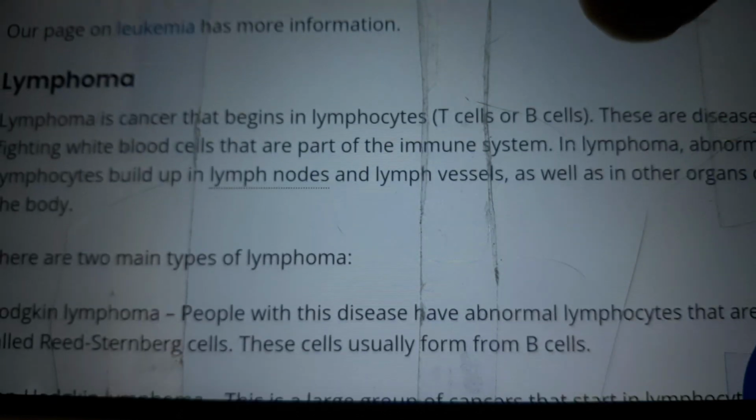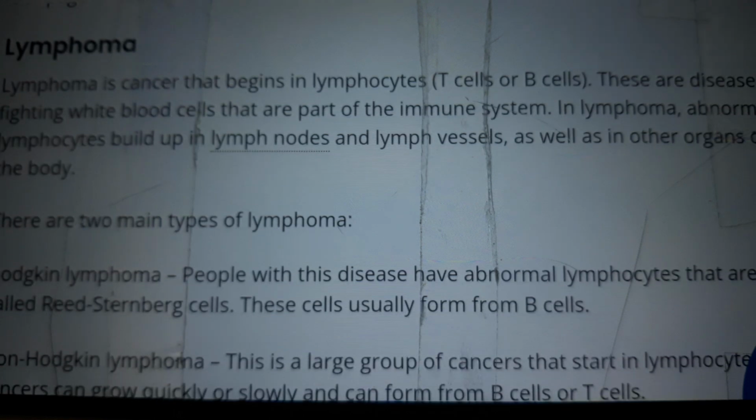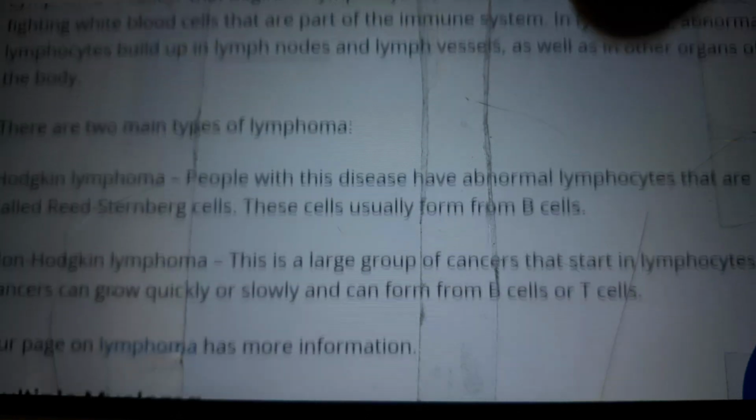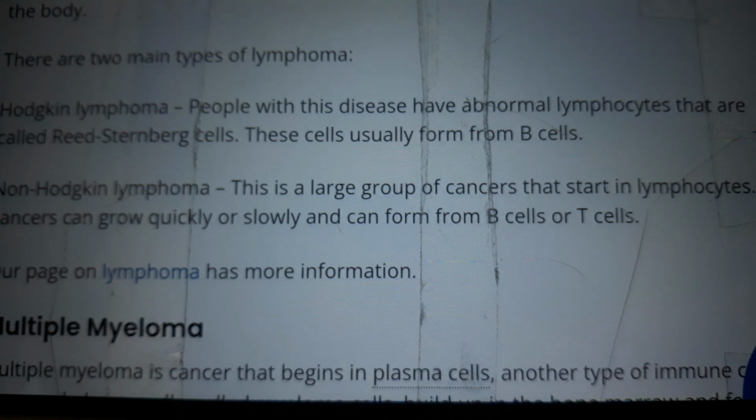Next will be lymphoma. Lymphoma is a cancer that begins in the lymphocytes, T cells or B cells. These are disease-fighting white blood cells that are part of the immune system. In lymphoma, abnormal lymphocytes build up in lymph nodes and lymph vessels as well as in other organs of the body. There are 2 main types of lymphomas,